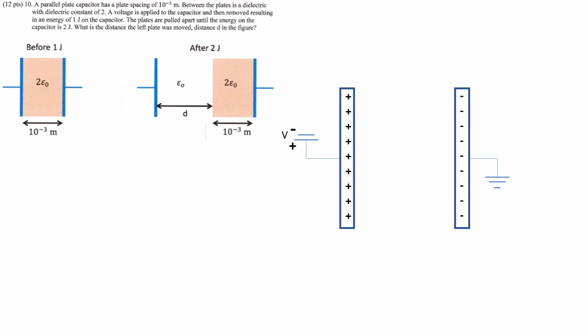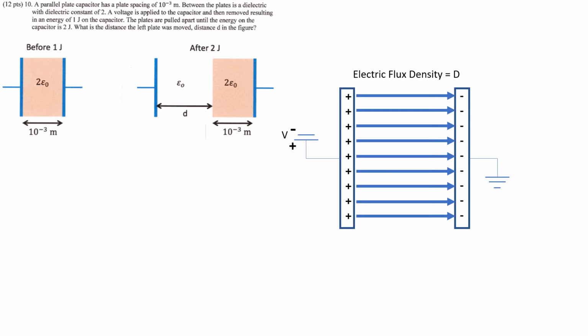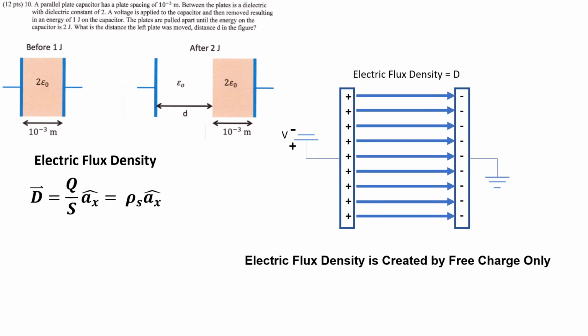Now let us look at the electric flux density due to the voltage in this capacitor. We know that the electric flux density goes from the positive plate to the negative plate, and a key fact we must know is that the electric flux density begins on the positive free charge and ends on the negative free charge. In other words, the electric flux density is created by free charge only. To find the electric flux density, we just need to know the amount of charge on the surface of the plate as well as the surface area, which in this case is the surface charge density in the positive x